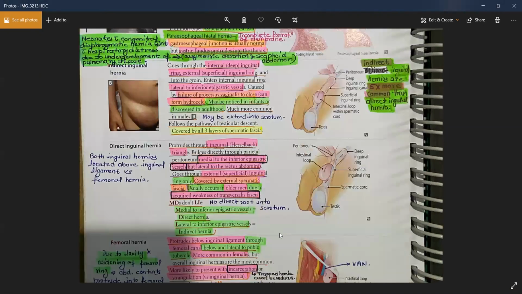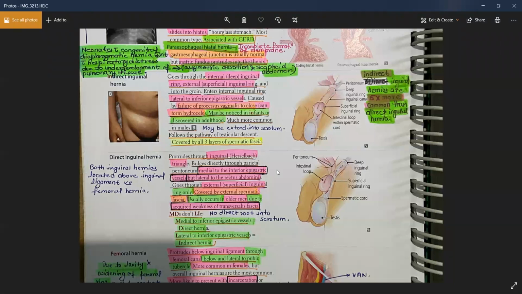Then you need to know how a patient with an inguinal hernia presents. They will always present with a bulge in the inguinal region first. The bulge will increase whenever you ask the patient to do the Valsalva, where the patient is increasing the abdominal pressure. In any scenario where the abdominal pressure is increased, like straining, coughing, or the Valsalva maneuver,